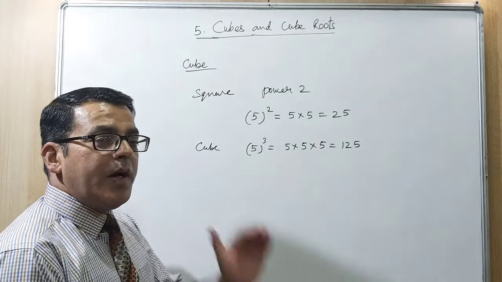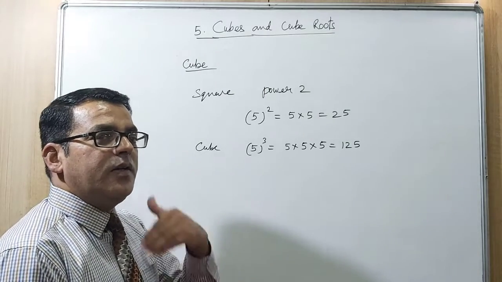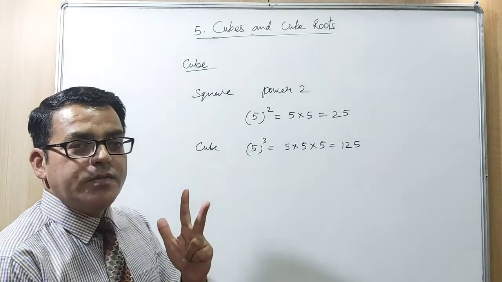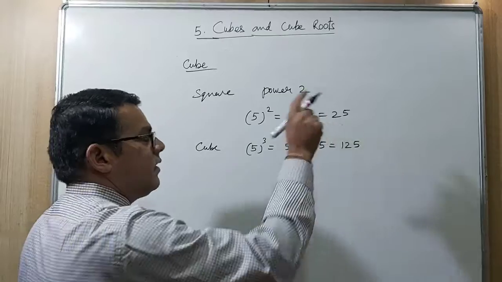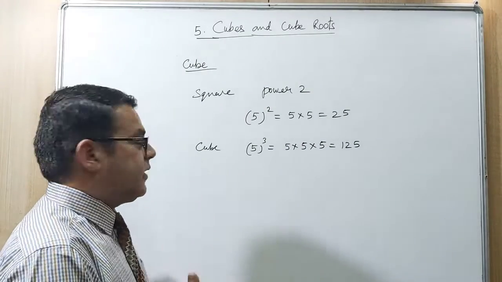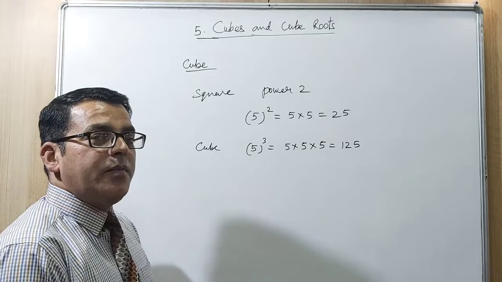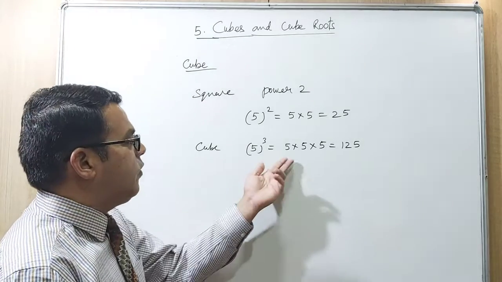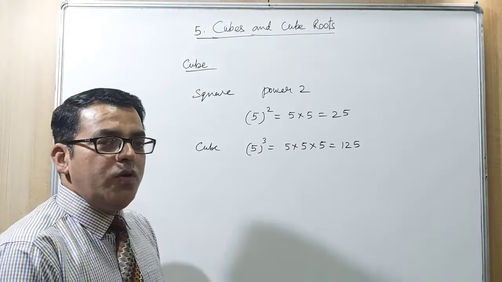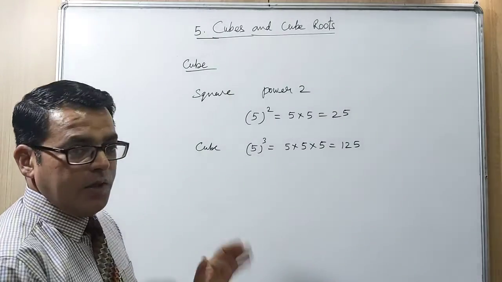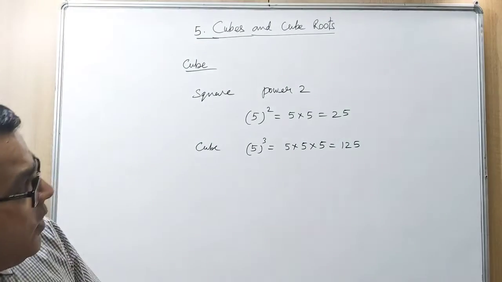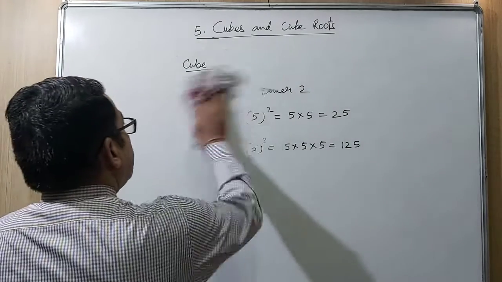Square means we are multiplying the number by the number itself 2 times. You can see here, you already know all these things. Cube means we are going to multiply a number by the number 3 times. Here you can see. So in this way we can get the cube of the number. Hope you understand what is cube. Now